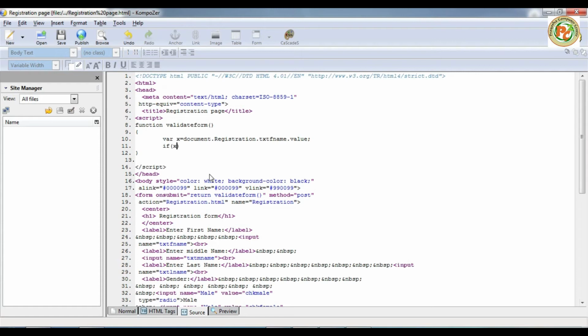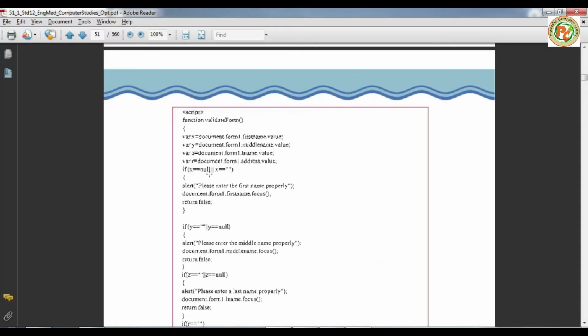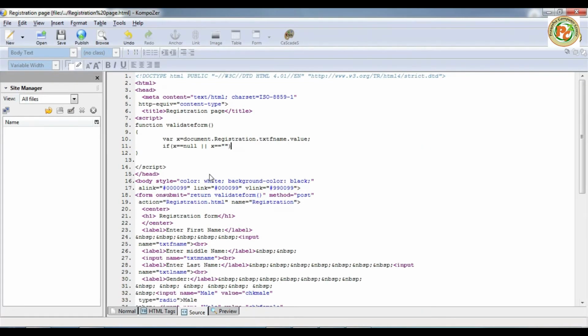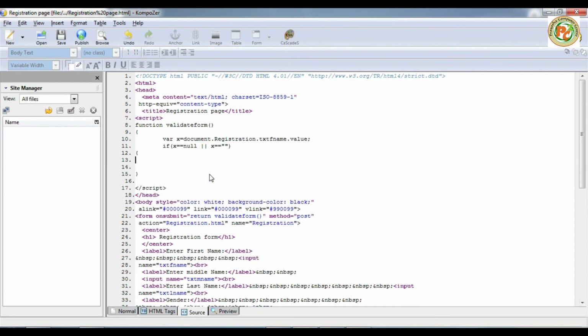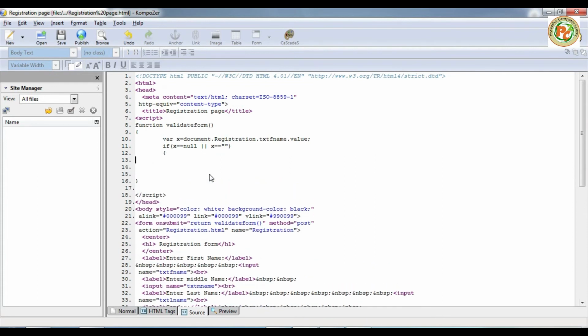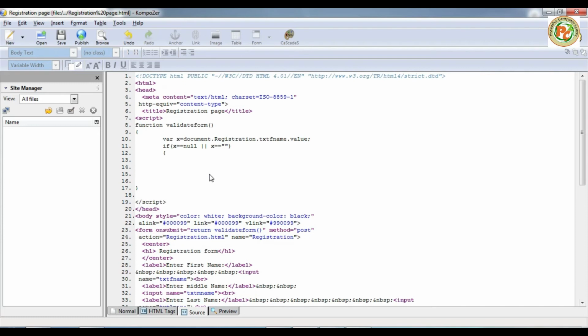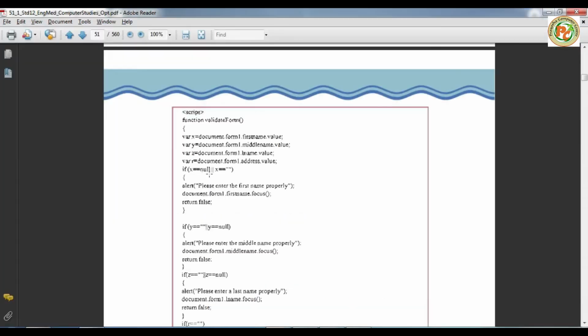So if x is equal to null, meaning empty, or x is equal to blank space, and if it is there, then what to do? We have to show a message on the screen: please enter the value from the keyboard.